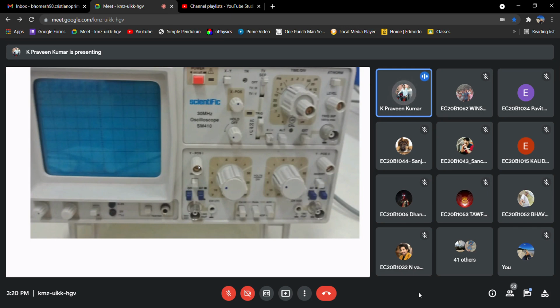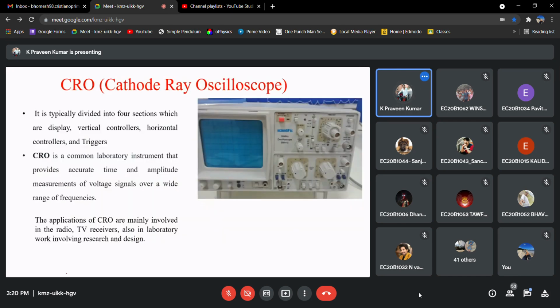Say for example, you are applying 2 signals here and here, and you want to see them separately. Then you will be varying this knob so that one of the waveforms gets shifted away. In this screen, one of the waveforms will get shifted upwards, and the second channel signal will get shifted downward.